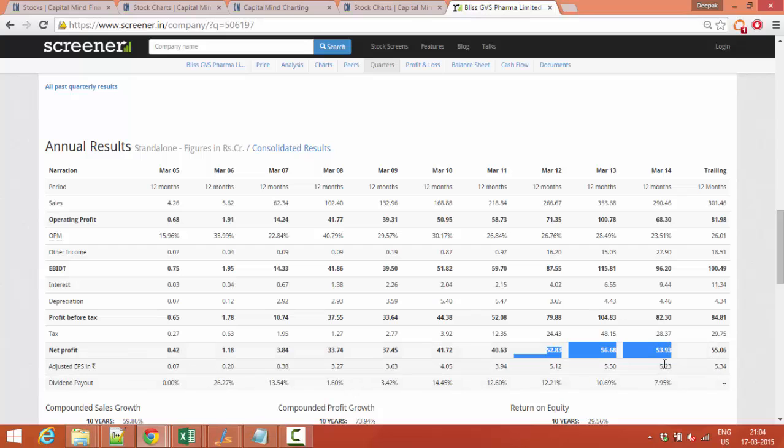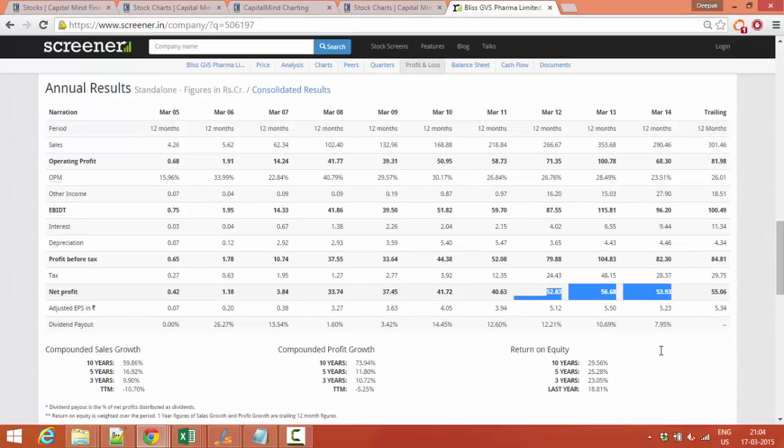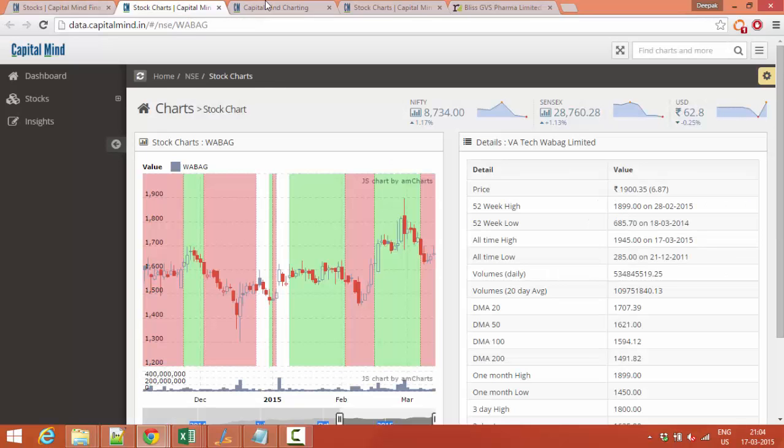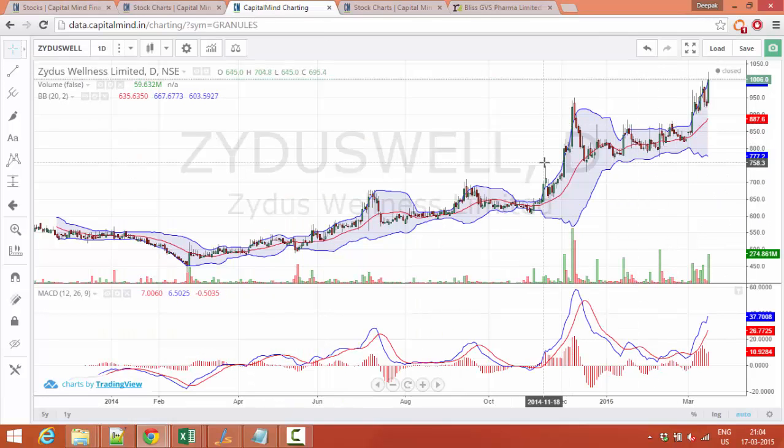Sorry, trailing profits, we've got about 53%. Interesting, but we'd like to see this trailing 12-month compounded profit growth to be slightly higher. We've got a great number in 10 years, but the last few years haven't been that exciting. So while this remains a breakout on the charts, we don't see this as a big,